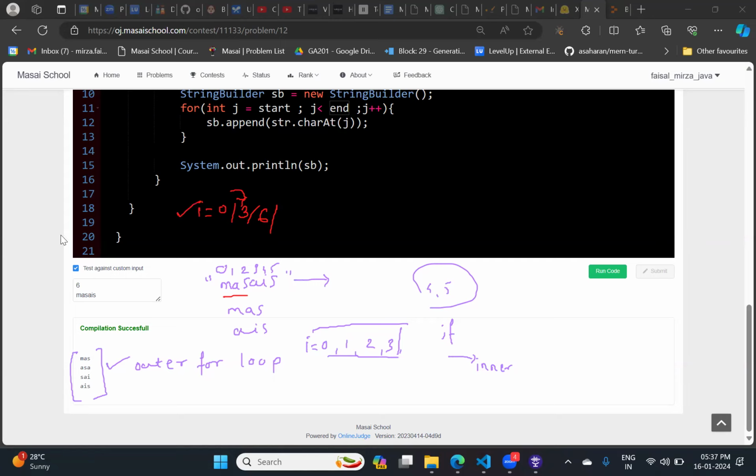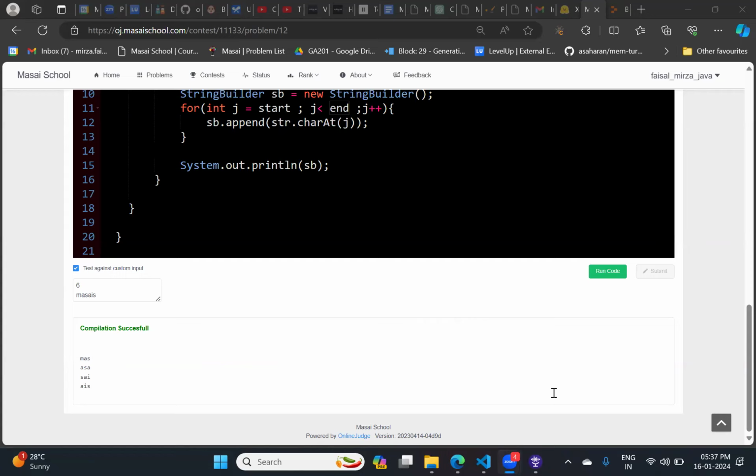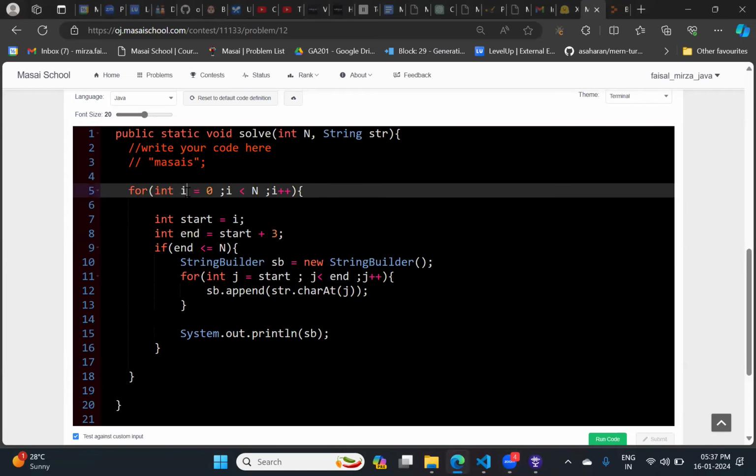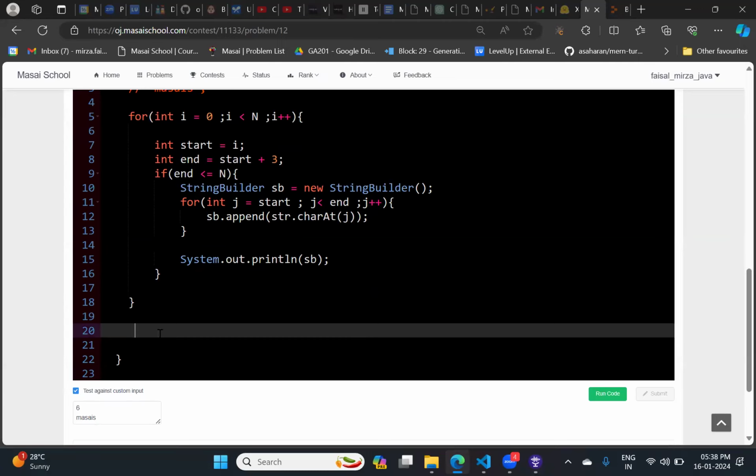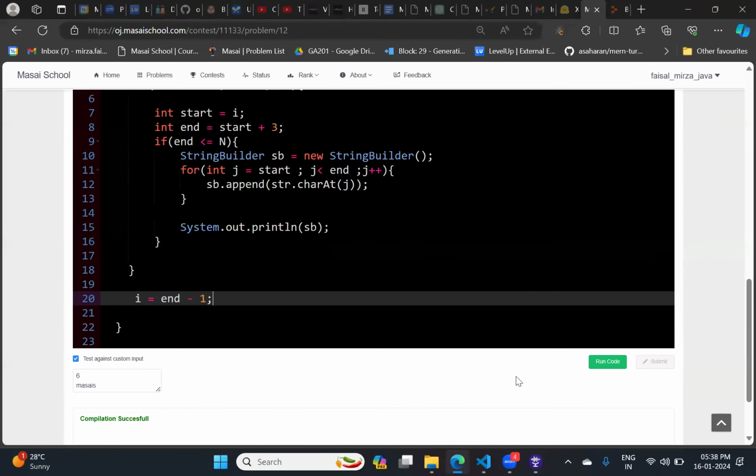So you just need to replace the variable. Just reassign the variable of the outer for loop. How can you reassign the variable of the outer for loop? Yeah, that can also be the way. You can also control it from here as well. Right now it is just i plus plus. You can also control it over here. So right now for our understanding, I am just reassigning the value of the i variable, which we can also write over there. So i variable in terms of end. So i has to start with end minus 1. Yeah, that can also be done, Rahul.